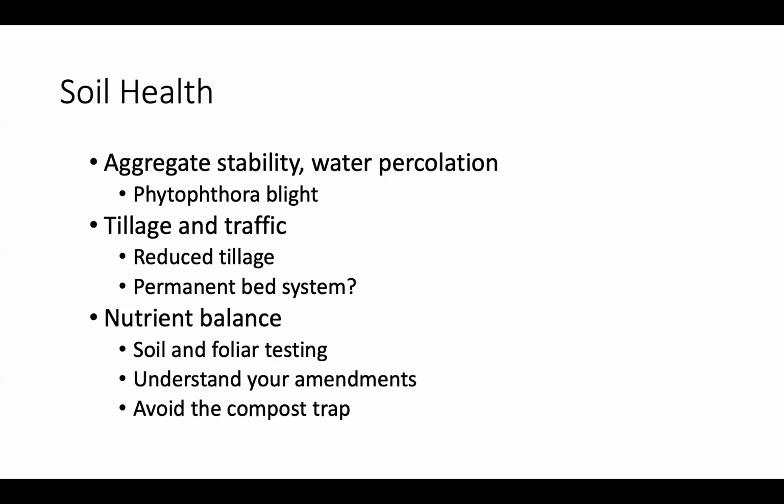Other practices that contribute to good soil health are reducing tillage and traffic. Some growers are going to a permanent bed system, so they're actually never driving on the soil that they're planting into. Another aspect of soil health is nutrient balance. It's good to have a good program of soil and or foliar testing so you can keep track of your nutrient levels and not get your nutrients out of balance, especially having too much nitrogen can predispose plants to some plant diseases. Understand and possibly even test the nutrient content of the amendments that you're putting into the soil,